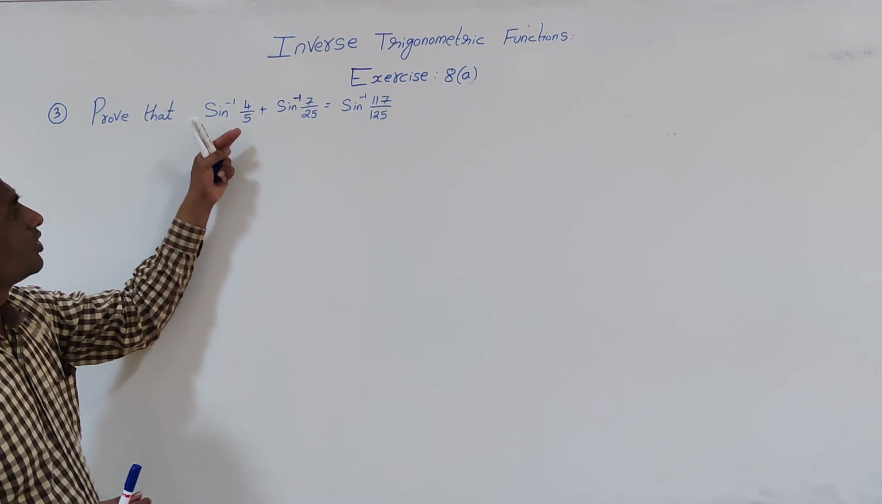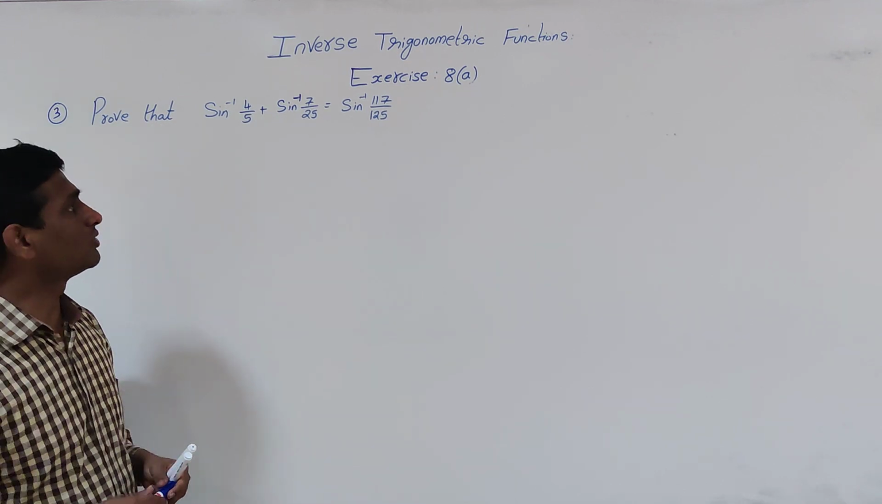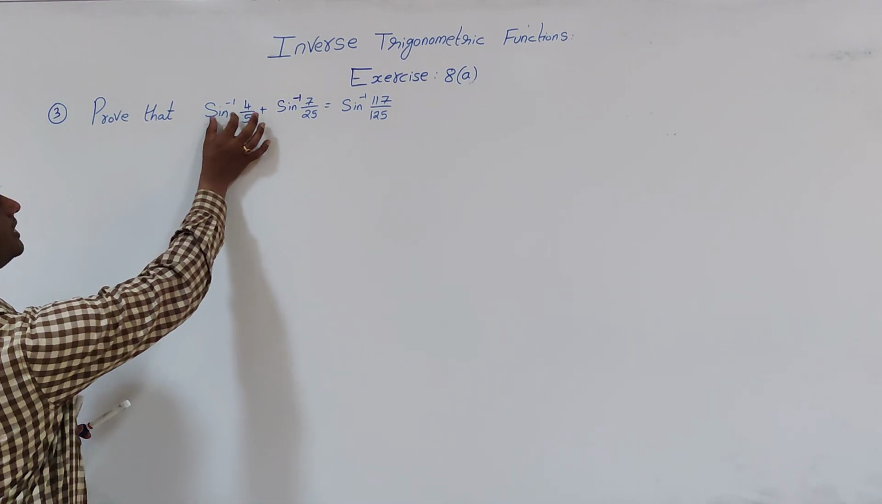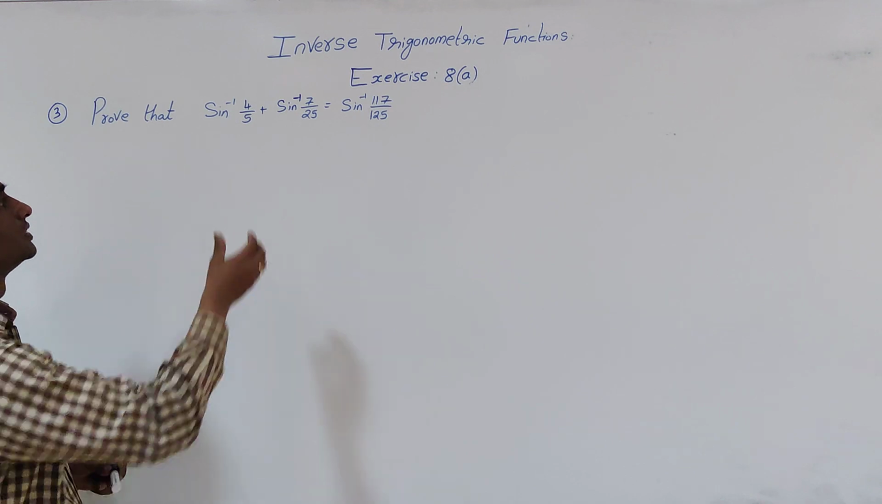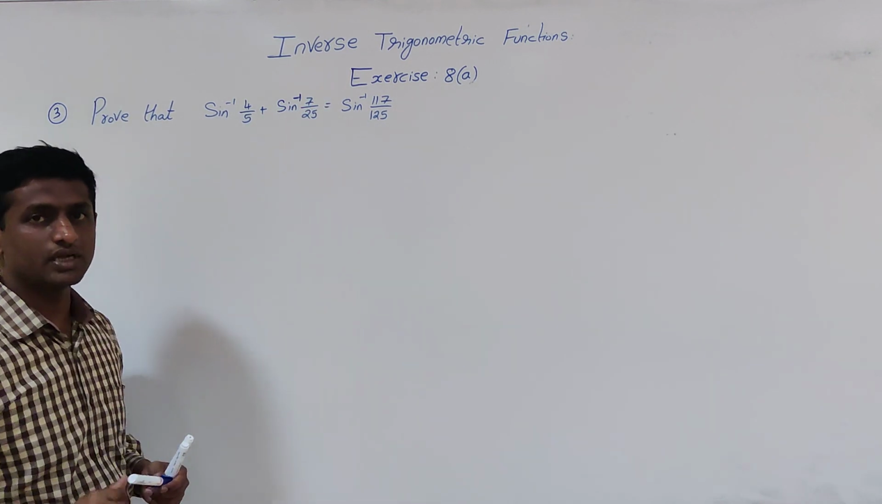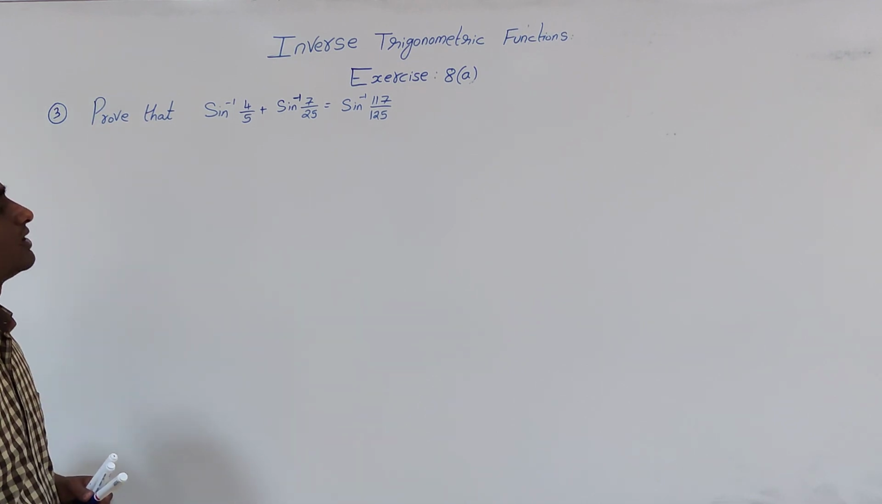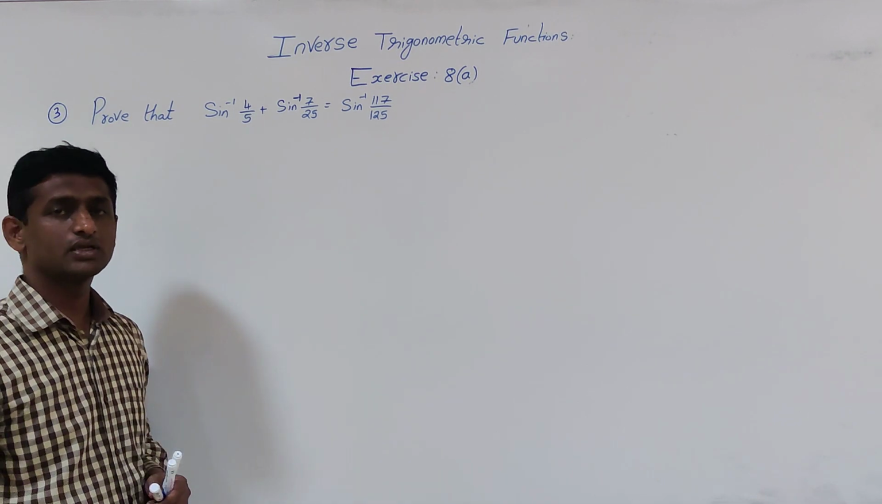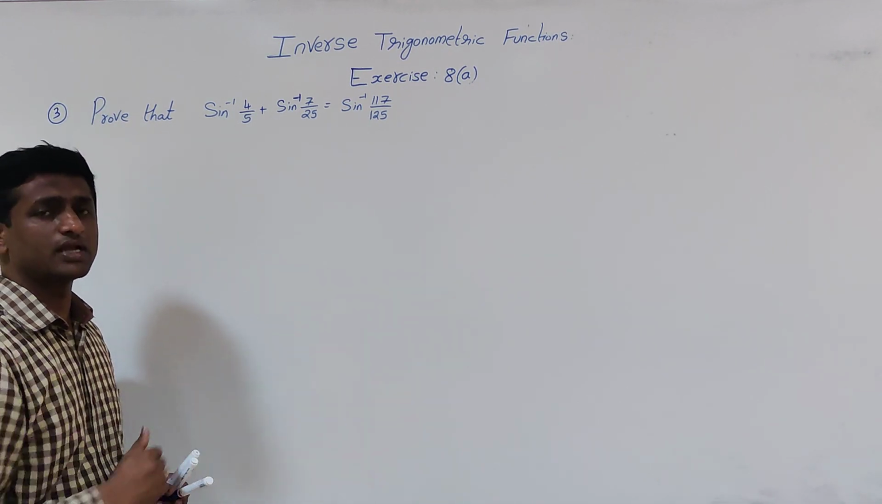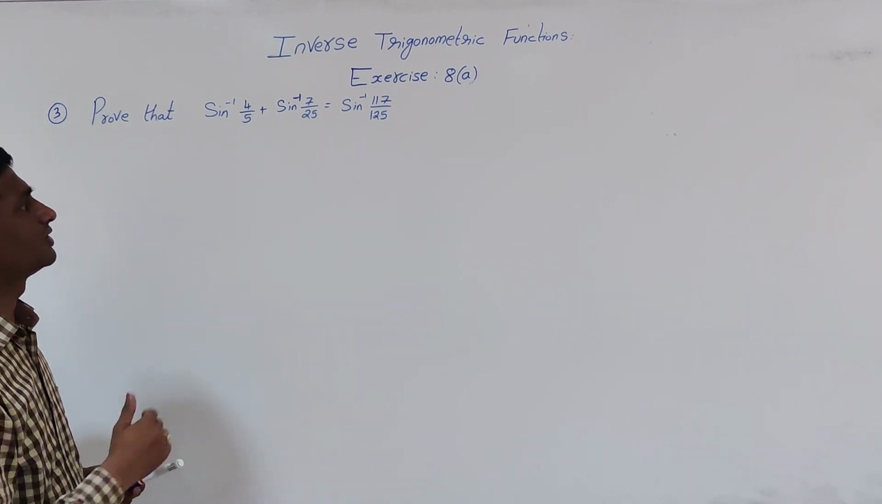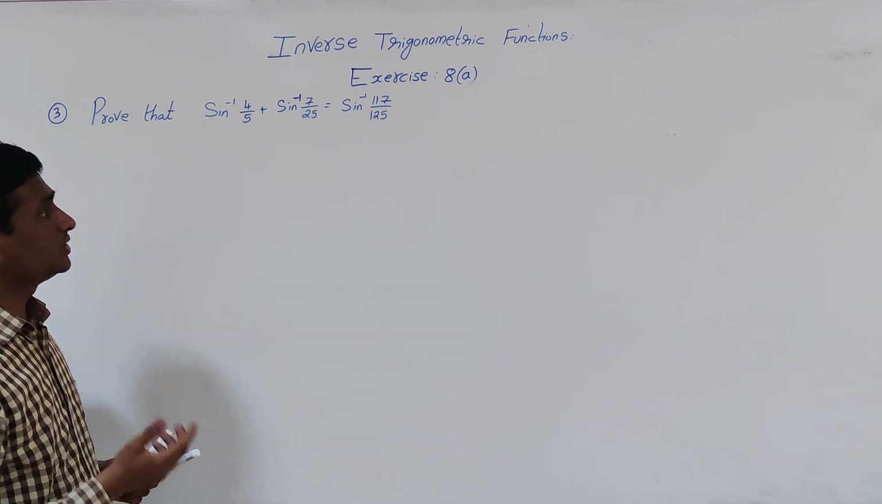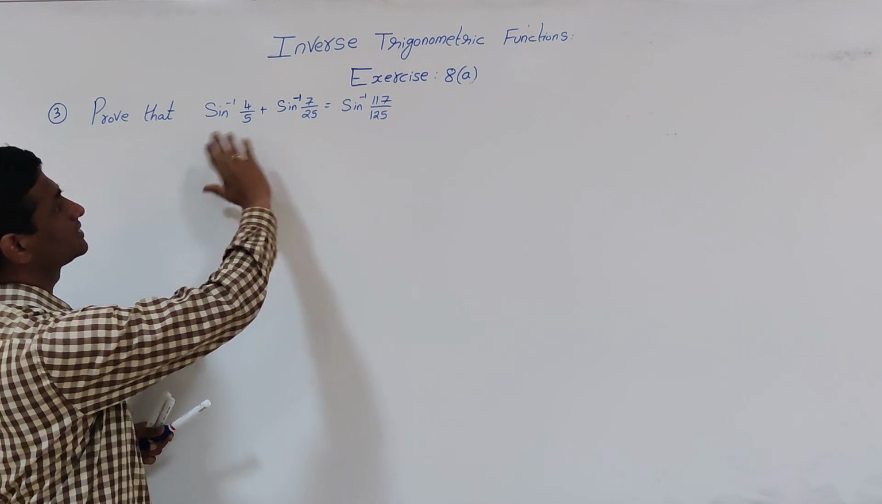So in order to prove this type of problems, assume that sin inverse of 4 by 5 is alpha, sin inverse of 7 by 25 is beta, and we have to prove that the sum is equal to sin inverse of 117 by 125. So we can assume that it is also another angle theta. So instead of that, if you apply sin on both sides,